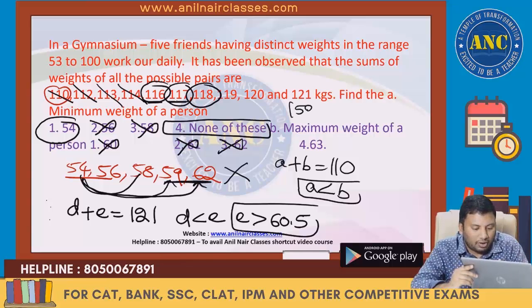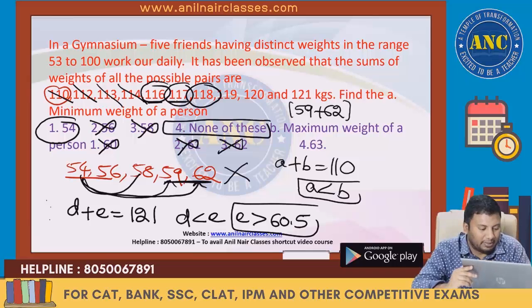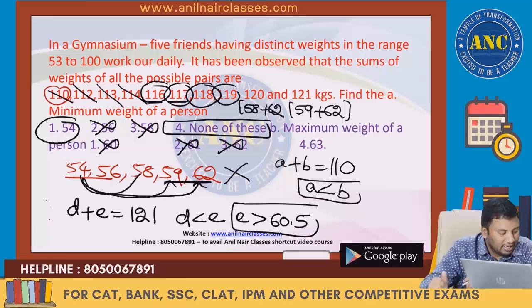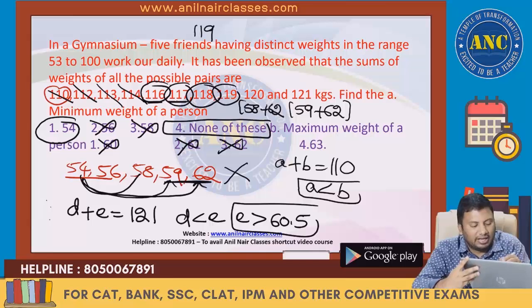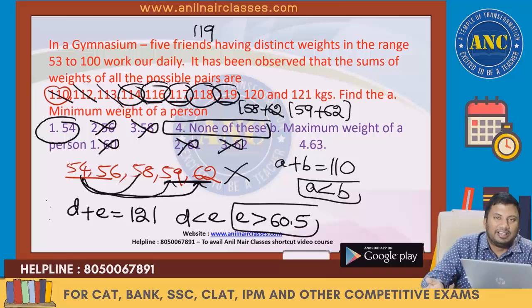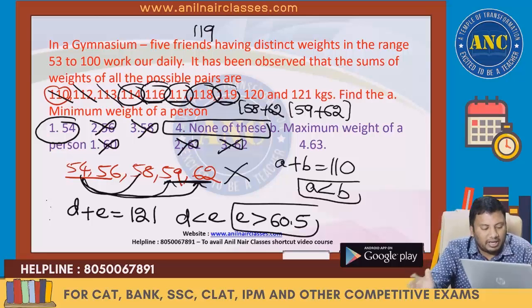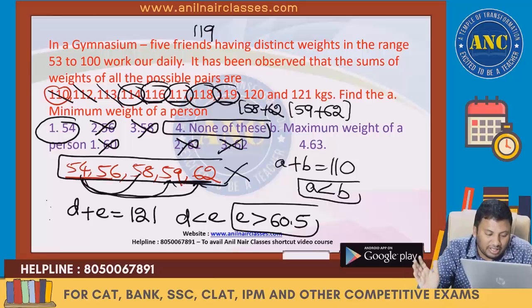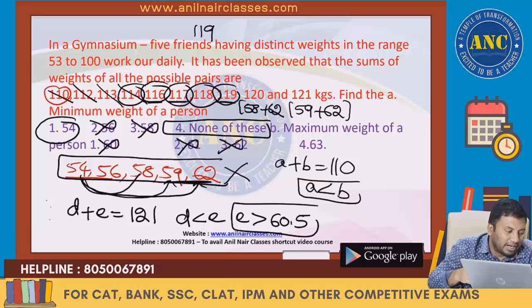I hope you have understood the idea. This is 59 plus 62. This is 58 plus 62. How did you get this 119? Which case will give you 119? Understand the idea, sir. All the 10 pairs come. If all the 10 pairs come, this value is right. If something is missing, that pair is incorrect. Please tell me how you will get 119.